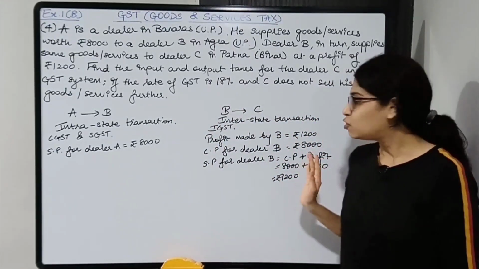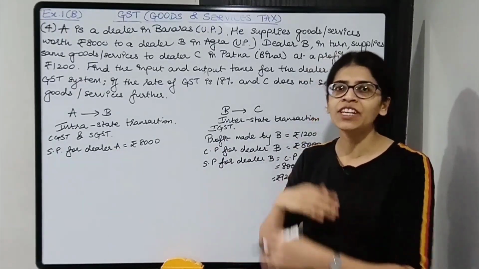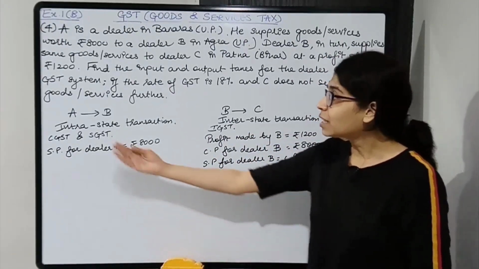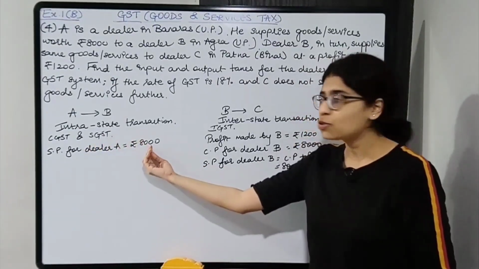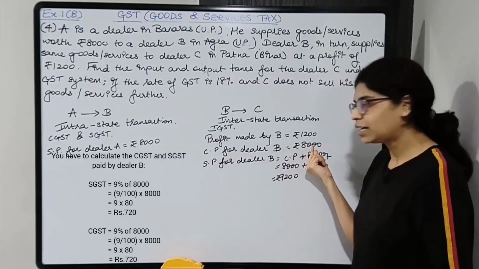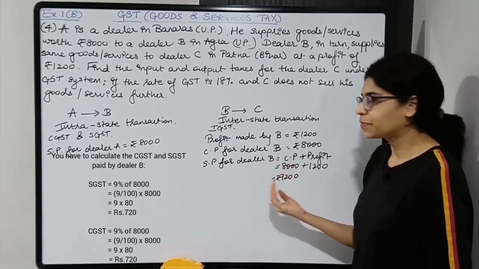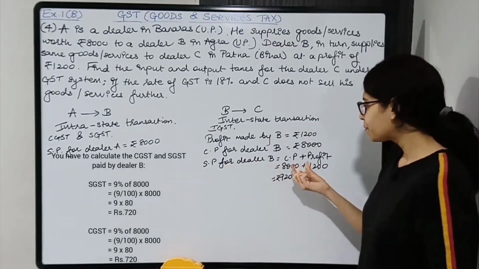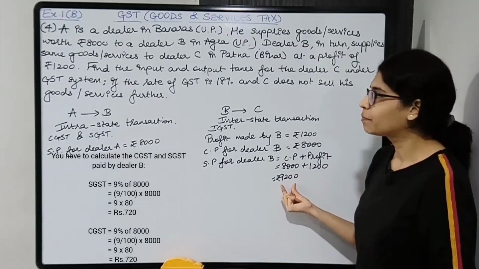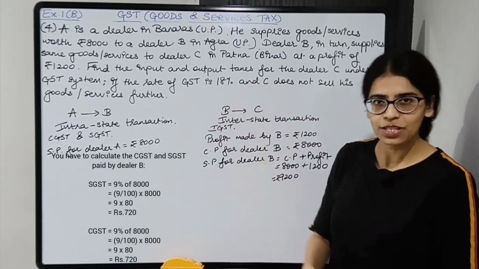All right students, GST extra. यहाँ पे हम लोग सिर्फ cost price, selling price का बात कर रहे हैं. GST we can easily calculate on selling price. So that is not the tough part. Again I'll repeat, A sold the goods to B for rupees 8,000 and B bought it for 8,000. So cost price 8,000. B ने profit रखा of 1,200 rupees and sold it to C. So C को sell किया 8,000 plus 1,200, that is 9,200. GST we'll calculate now, but before that let us see what we need to calculate.